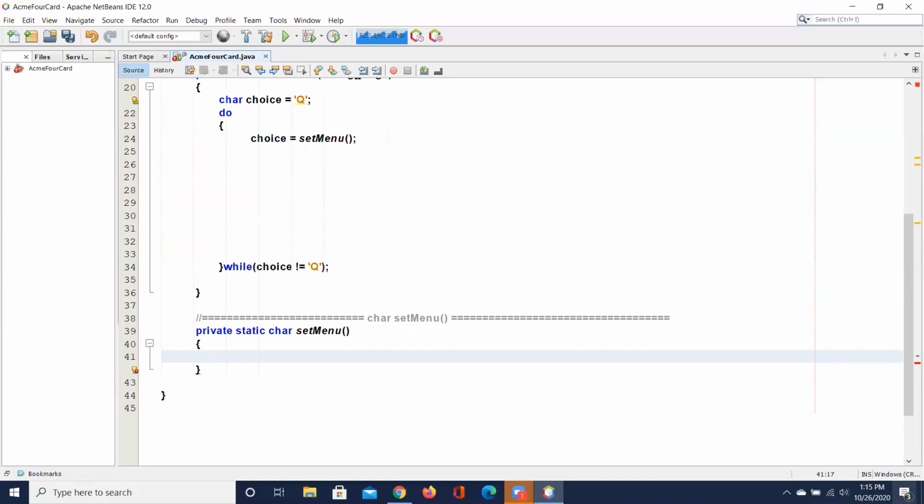Get my notes here, see how I want to build this menu. Okay, that looks pretty good to me. So we're going to do